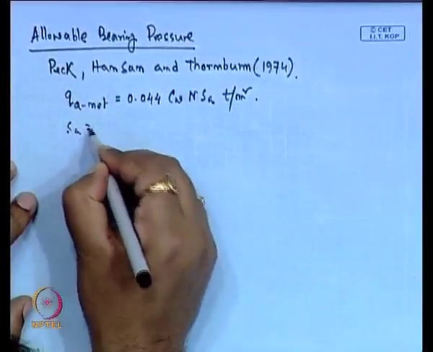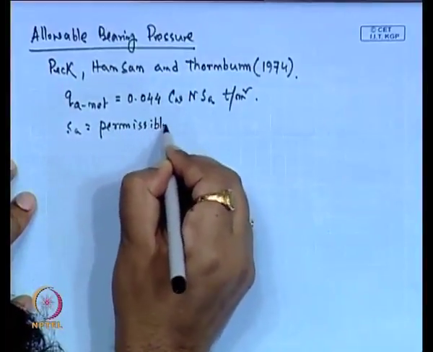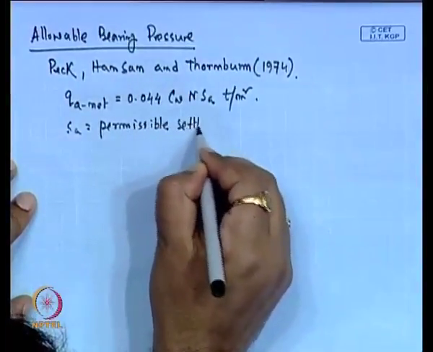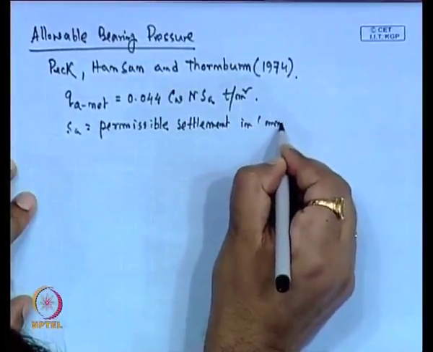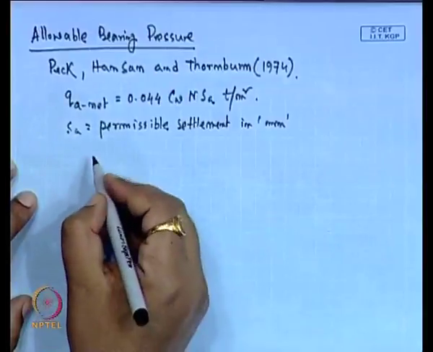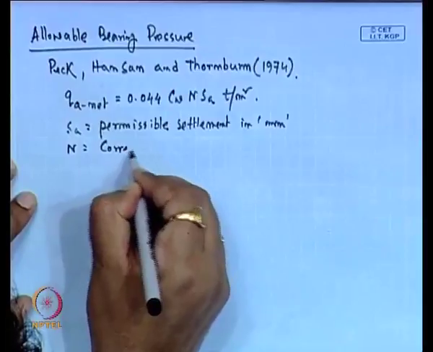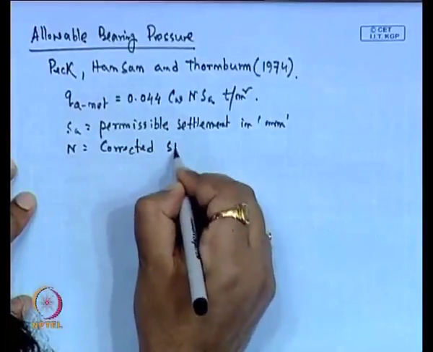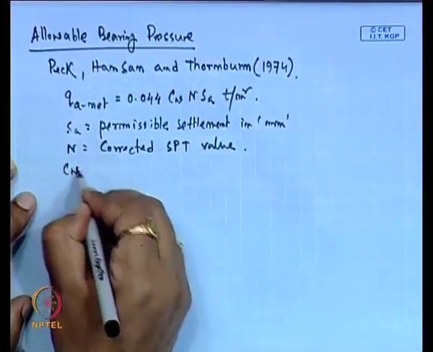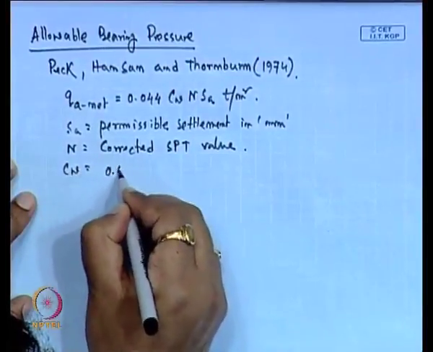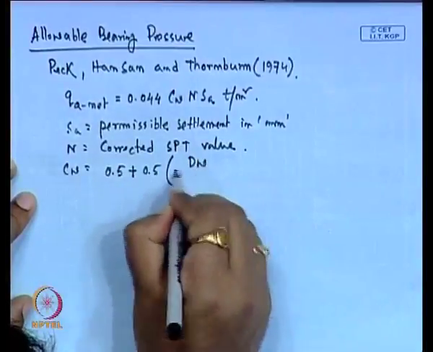SA is the permissible settlement in millimeter, and N is the corrected SPT value, and Cw is the water pressure correction, that we will consider